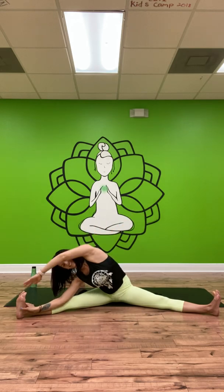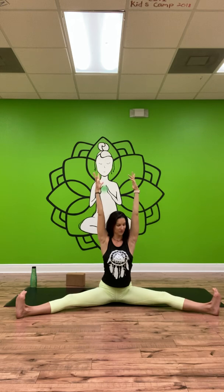As you next inhale, bring both arms up overhead, reaching long. Check in with those toes and knees, see if they're faced upward. Exhale, start to float forward, hinging at the hips. Let the hands fall to the earth where it feels natural. You can always use that block if you'd like to place the hands on, or just walk the fingertips out